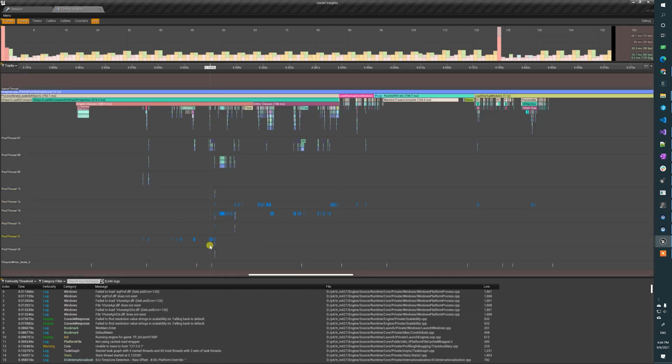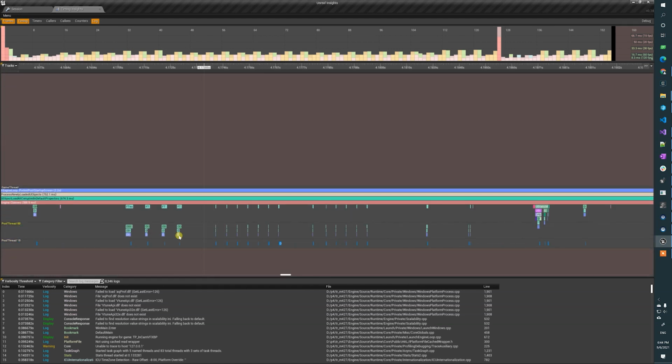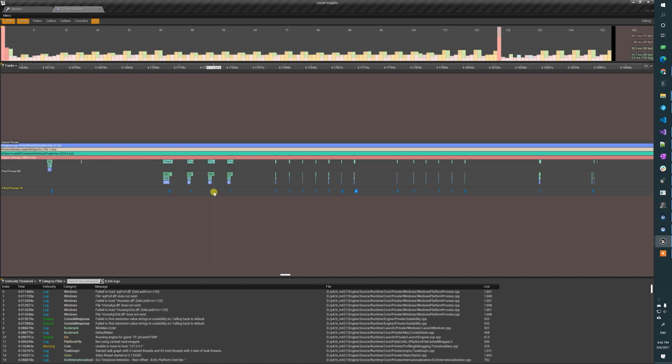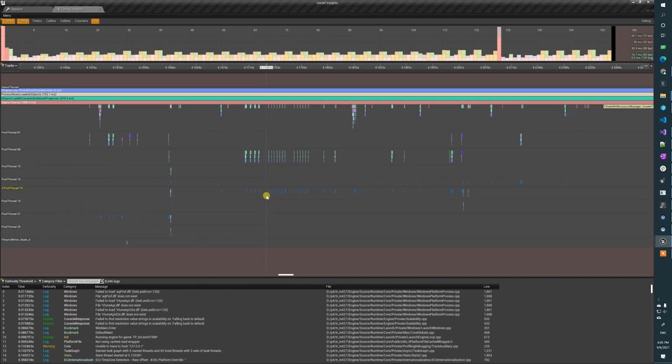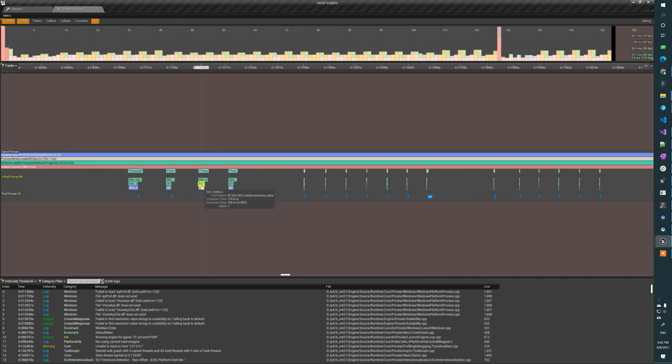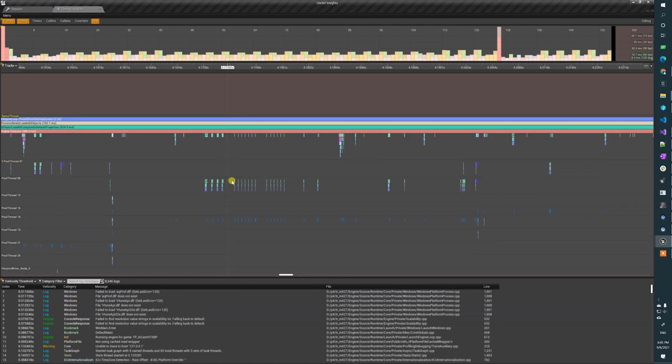So for example, this one has some DDC activity. Sometimes it may happen that you're running your Unreal project and your DDC server is over the VPN and it's kind of slow, and you're wondering why your project is taking so long to start. And then you may look at this and find some clues. In fact, there is a trace channel called load time, which will also give you some information relevant to loading times that you may be interested in as well.